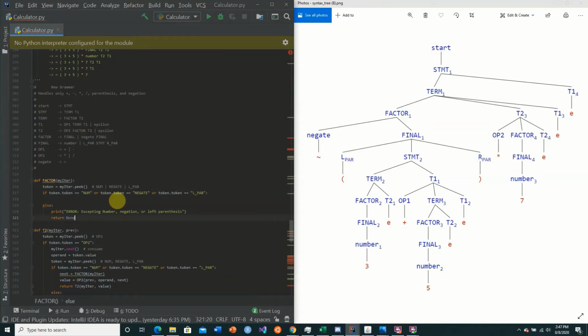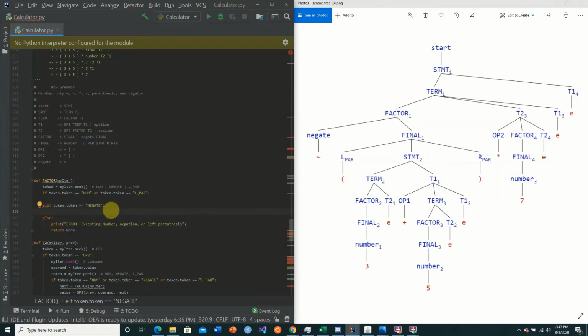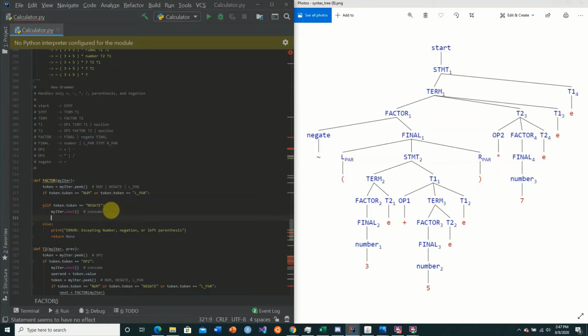Return none. Now the problem with this one if statement is that a factor goes to the final on a number while it stays in factor on a negate. So we're actually going to extract the negate and turn that into its own elif statement. If it is a negate, we're going to consume the symbol, so we say my iter.next. It's going to consume. And then we're going to get the token from the final